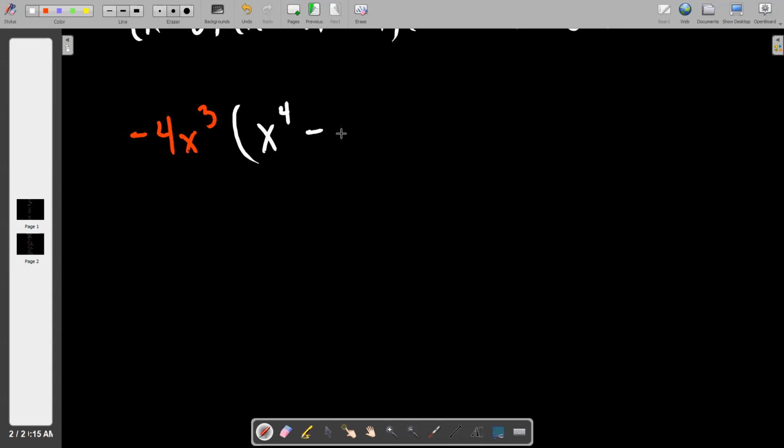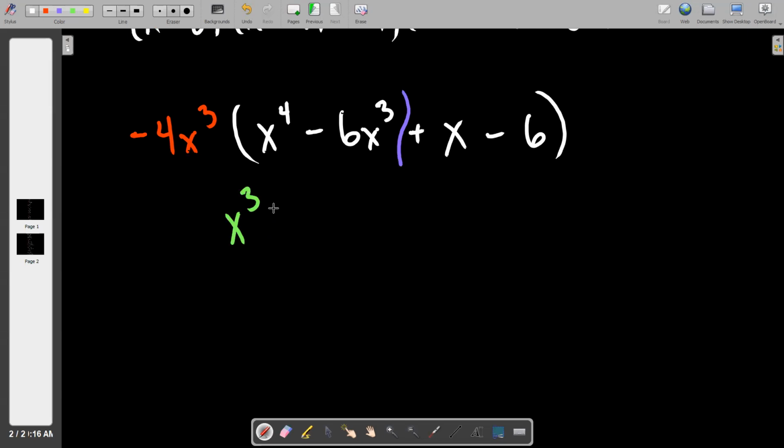sign change 6x to the third, sign change just x, and then sign change 24 divided by 4 is just 6. So split it with the wall. Zoop. GCF of the left side is x to the third, leaving behind x minus 6. Copy down the sign, the plus. GCF is 1, leaving behind x minus 6, which if we recollect everybody, zoom, bring it all back together, we have GCF